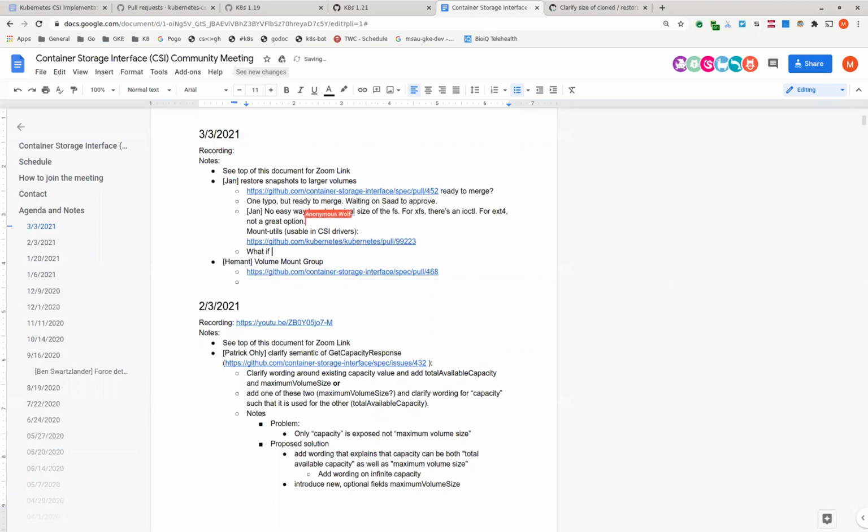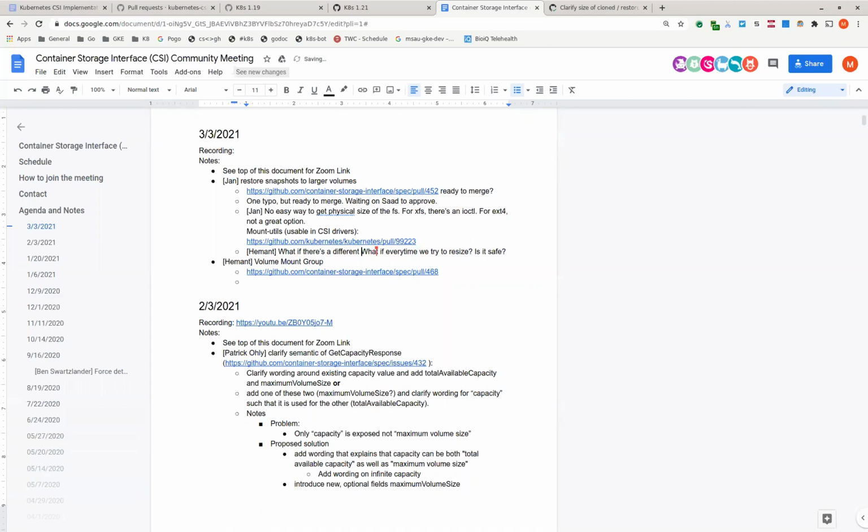At restore time, we know the file system on the snapshot, do we? I don't remember. At the restore, yes. We know the snapshot, we know the original PVC, so we know the size. We just don't have a way to pass it to kubelet. We were talking back and forth about this, and we decided it's a driver problem.